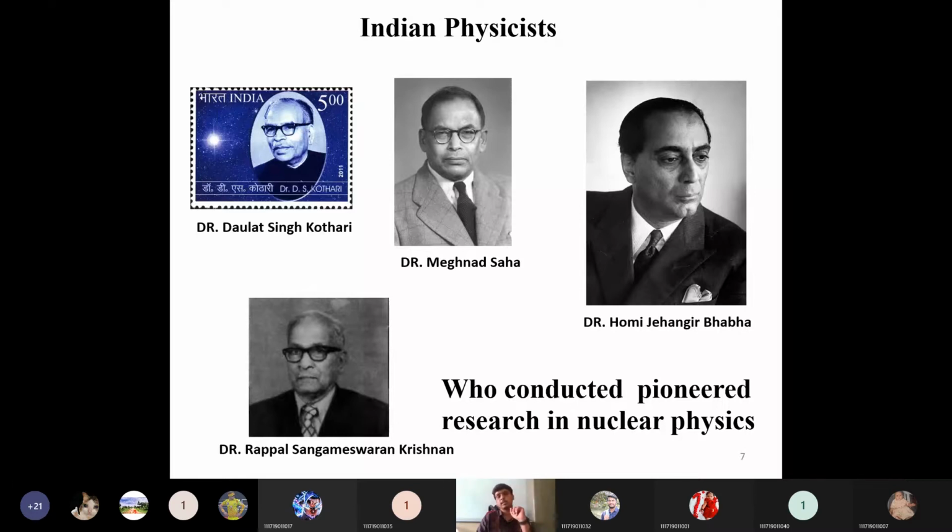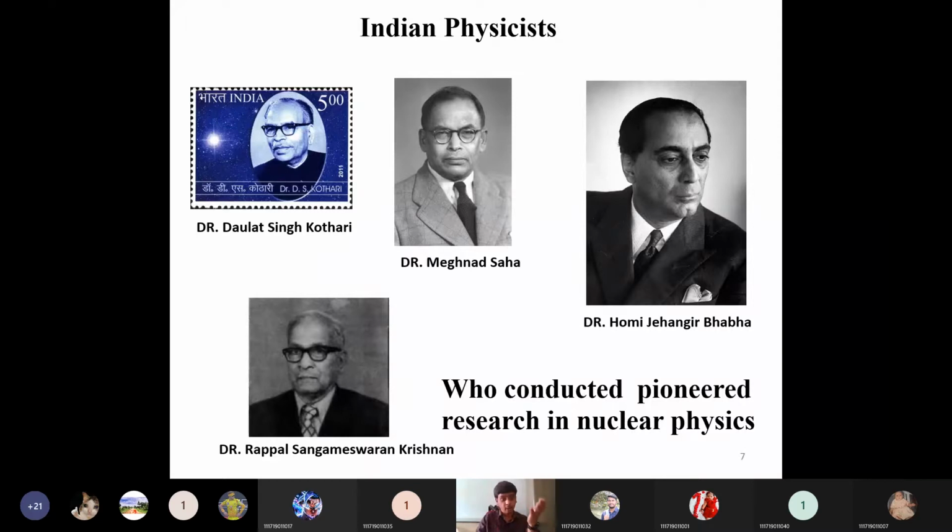Both the awards he has, the highest civilian awards in India, Padma Bhushan and Padma Vibhushan. He started the DRDO. He is the founder of many defense research and developmental organizations. You might be aware of the DRDO, Defense Research and Developmental Organization labs around India. He started many labs, he is the founding member of those labs, and he is the chief architect of the DRDO labs in India.